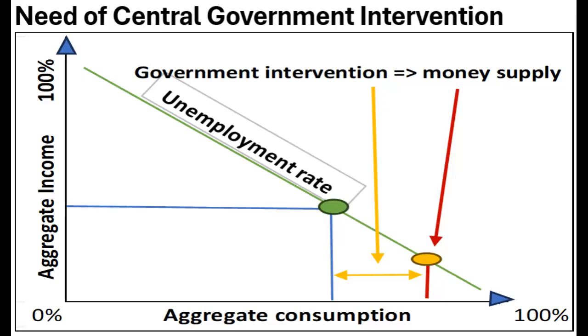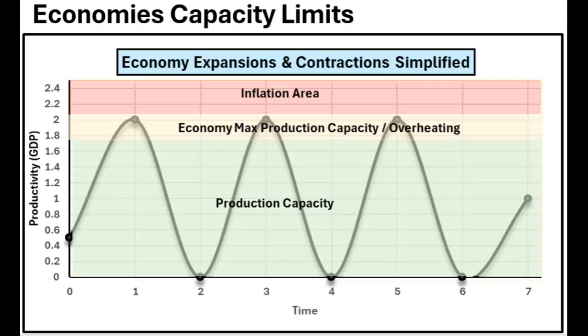Professor John Maynard Keynes found that in an economy, number 1, consumption is less than income, number 2, investment is less than saving, and number 3, employment is less than full employment without government intervention. Central government must make sure that funds allocated to the economy are not in excess, otherwise demand will be higher than supply and inflation will follow. That is because demand will outpace the economy's ability to produce and therefore prices rise.